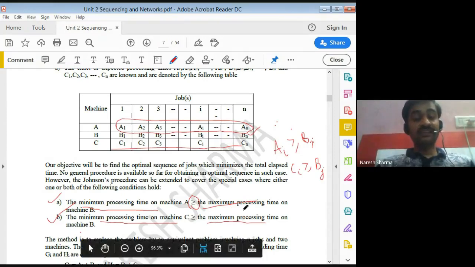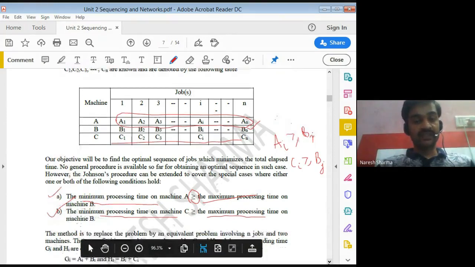So not both are required; at least one of them must be satisfied.